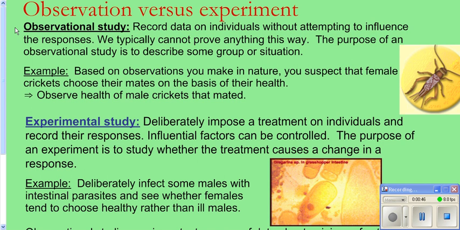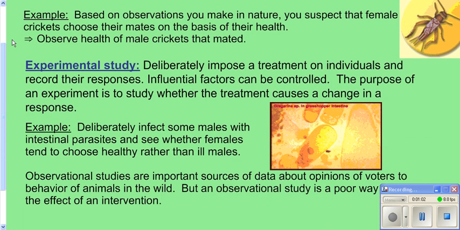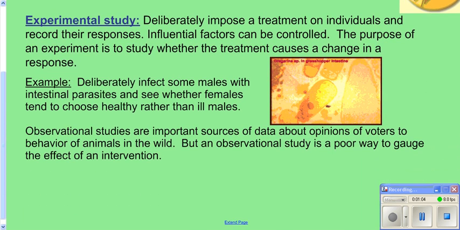With an experiment, you're more likely to be able to prove something, saying that this certain treatment works better than this other one, because you controlled for different factors and it was specifically designed to try to look for something. Observational studies, though, are important because they give us opinions about voters or insights into different behaviors or insights into different reasons why things are linked. However, we can't actually prove anything with an observational study.